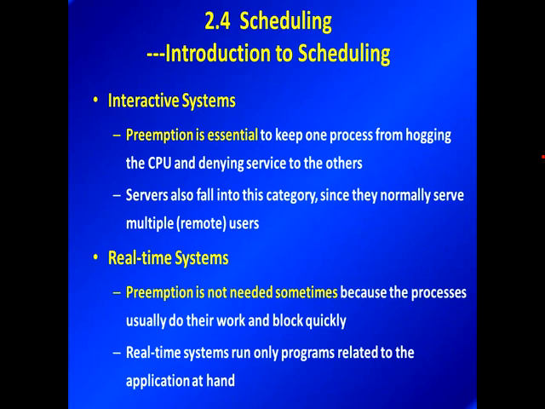And for the real-time systems, usually we don't need to adopt preemptive algorithms because usually the processes running on real-time systems just finish their job very quickly, and they block themselves without others' interruptions. Furthermore, if we adopt preemptive algorithms, you might force a process out of